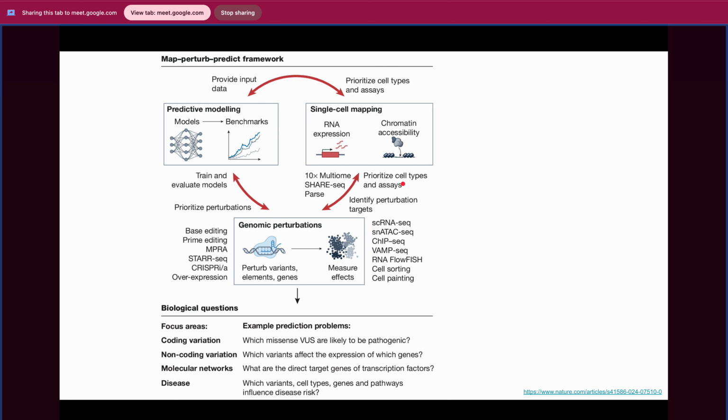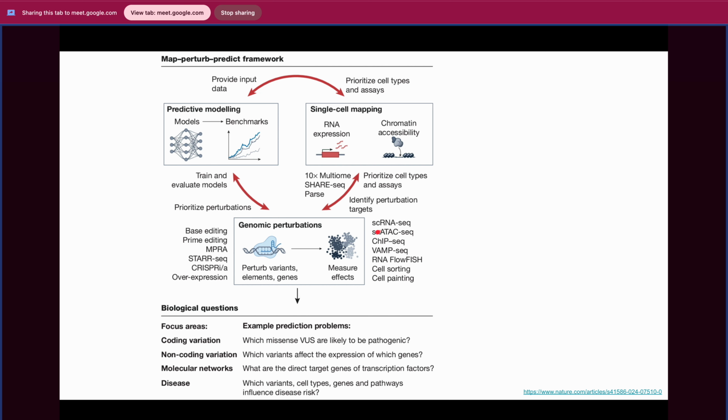So what they are doing, they are capturing this single cell mapping information, and they have prioritized the cell types and assays, and then they have identified the perturbation targets. What perturbation target means is that they have identified the genes which are more prone to variations or modifications, and they are linked to certain kinds of disease. So they have identified those target genes or target proteins, so that they can make some changes in those genes and proteins. They can perturb them, which means they can do some kind of modification themselves and then check the